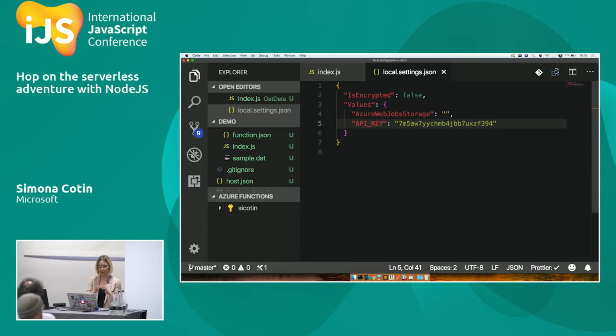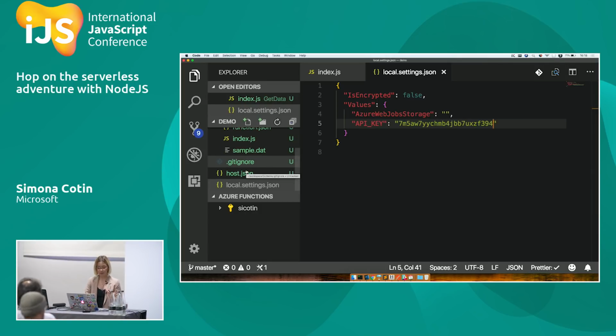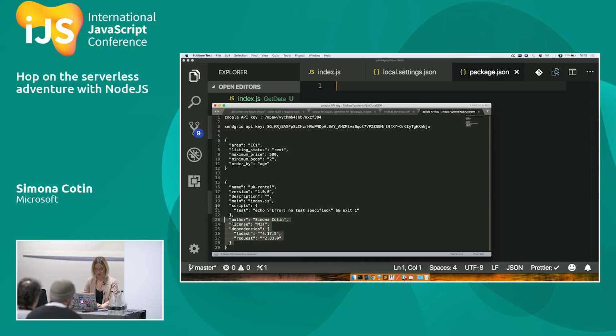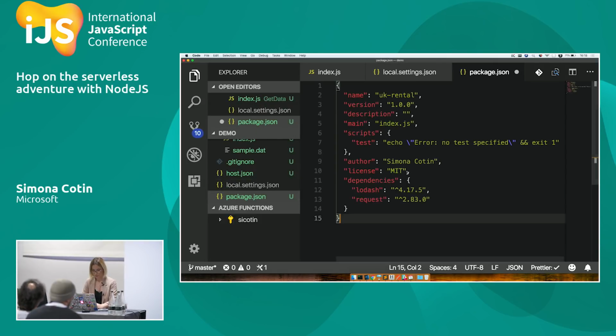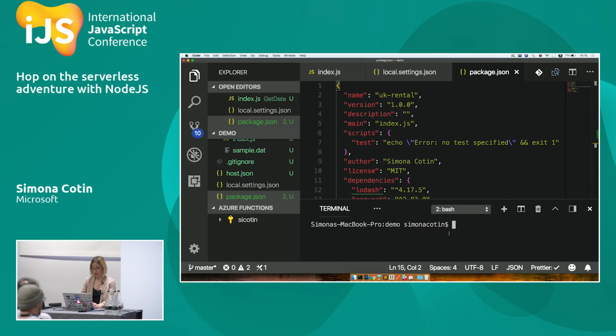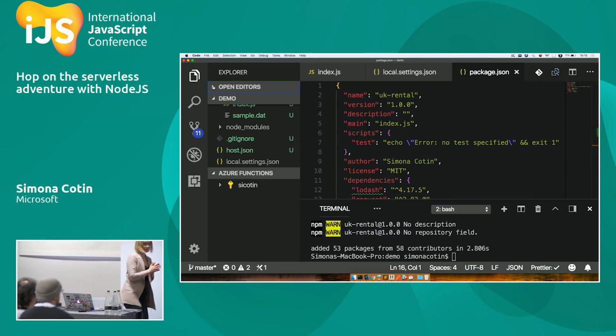And okay, so I'm accessing my API key, but I'm also using some npm packages. And what I'm going to do is basically create a new package.json file and just copy this. And this is going to add the request and lodash packages, which I'm using in my function. I'm also going to make sure that I am running npm install. Okay. And while that's happening,